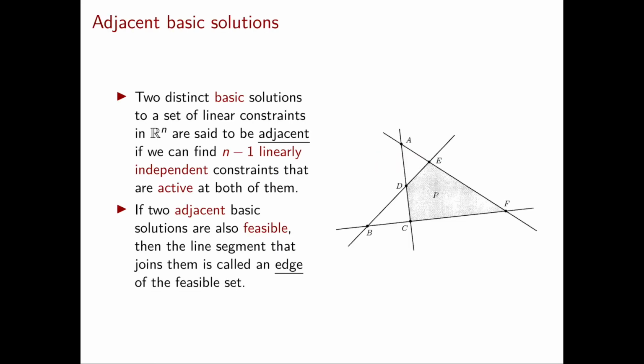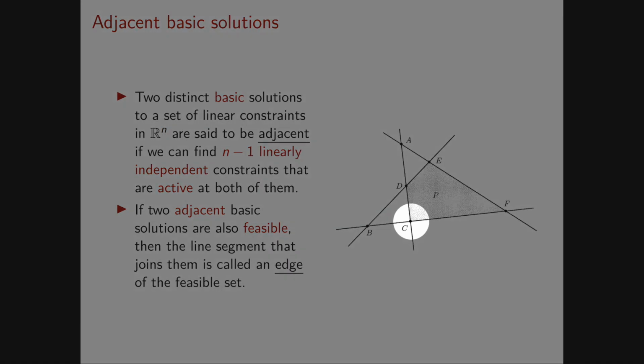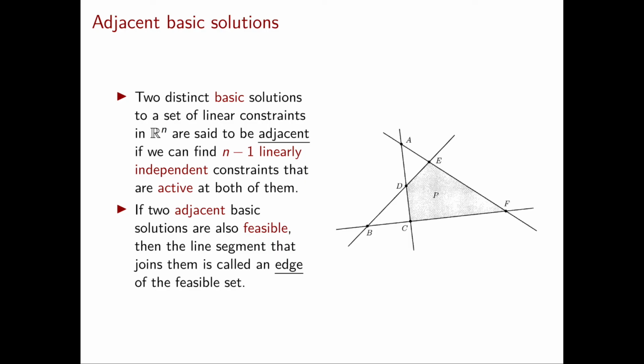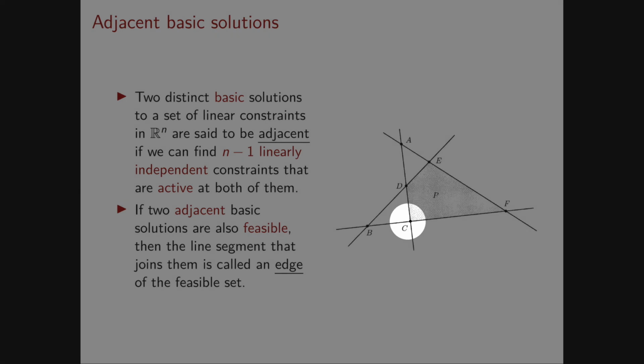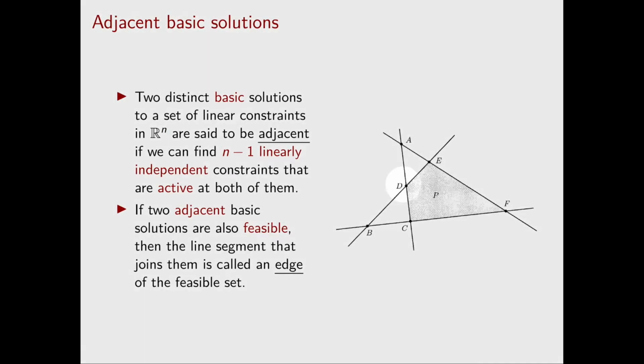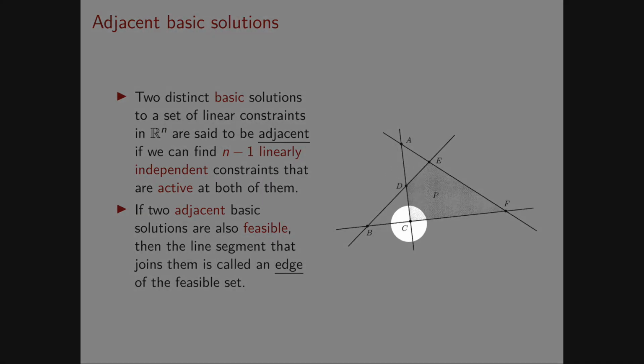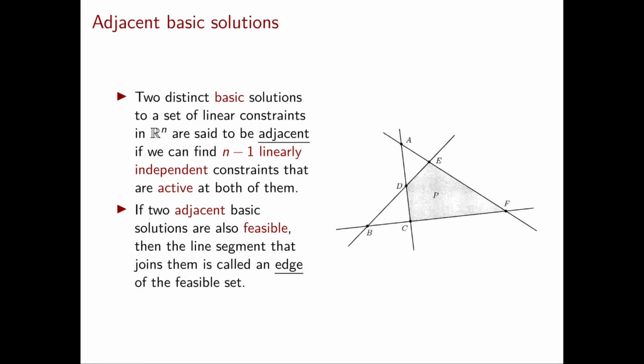Let's first see in an example what we want to define. For example, let's consider the basic feasible solution C. I want to define an adjacent basic feasible solution to be D and F, because these are the closest to it. Similarly, the adjacent basic feasible solutions to D should be C and E. We can immediately formalize this concept by giving a definition, and we can even define adjacency for basic solutions instead of for only basic feasible solutions.